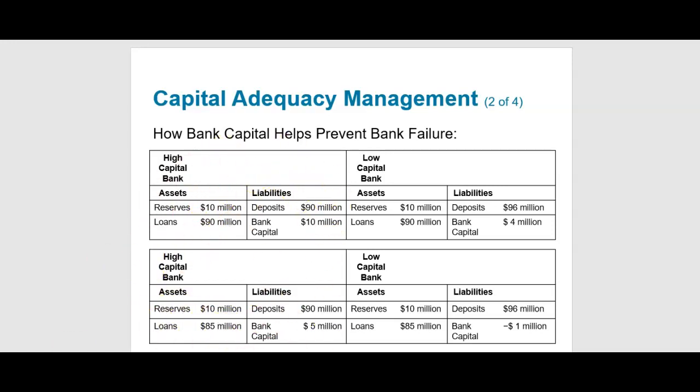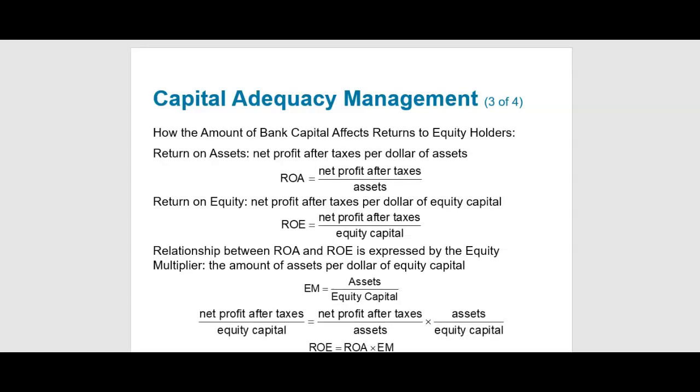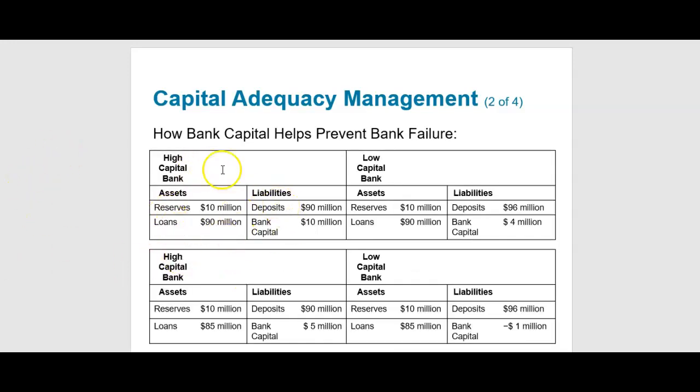So the idea in here is that the net profit is generated from the assets. Let's look at the relationship between those. The return on assets is the net profit after taxes divided by the whole assets. But the return on equity, and that's what the shareholders are interested in, is the net profit after tax, remember, the same net profit after tax, but divided by the equity capital. So the first one is divided by the total assets, while the ROE is divided by the capital that you have.